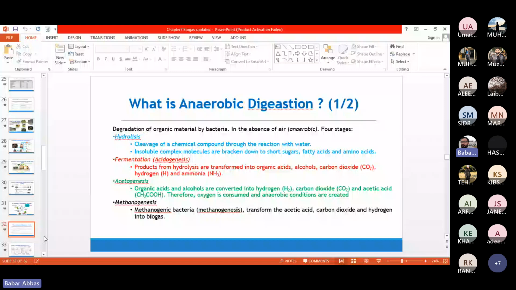acids. आपको पता है fermentation से alcohol बनती है. Then acetogenesis में acid formation है और वो भी acetic acid. जैसा कि इसके नाम से ही पता चल रहा है. Methanogenesis is involving methanogenic bacteria and